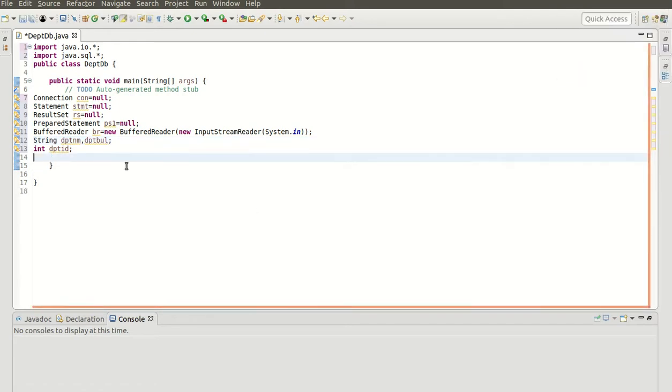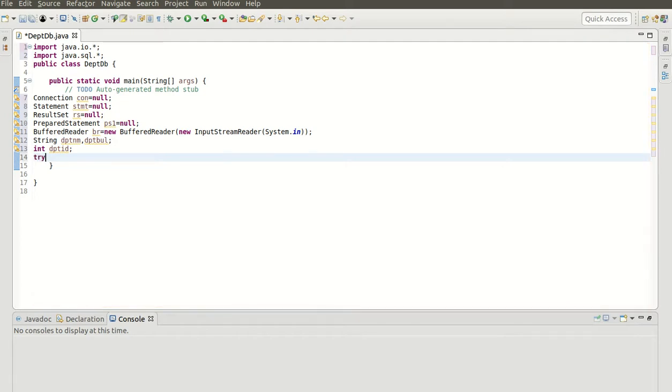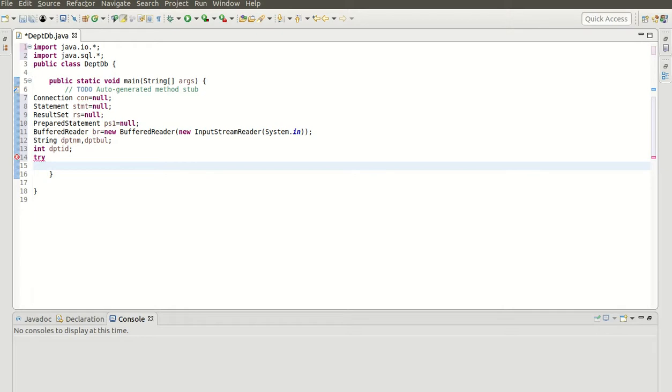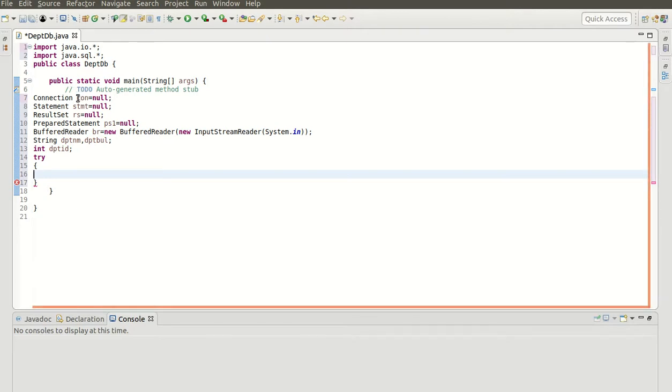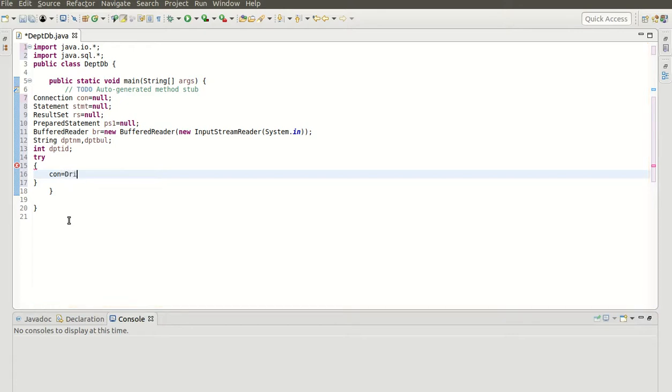After creating all these required objects and variables, the next important step is that we have to open a connection to the database. So everything we have to write in the try and catch block. So in the try block, we will open this connection with the con object. So how to open a connection with the con object? con equal to, we will require a DriverManager class to open a connection.